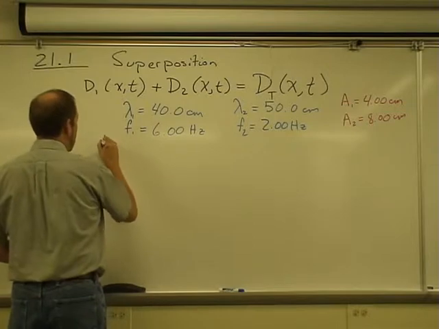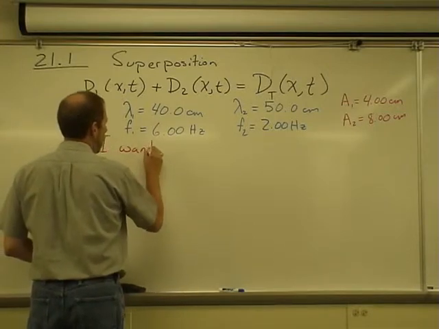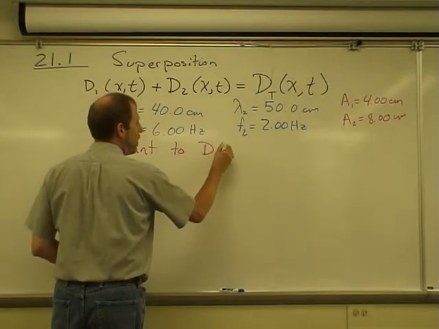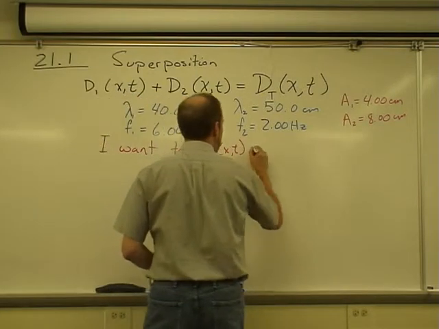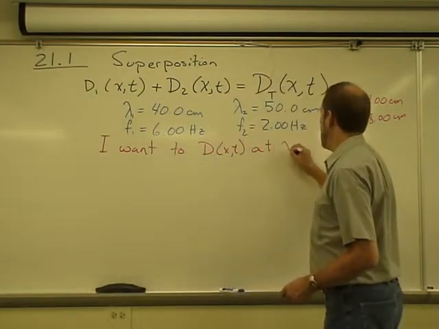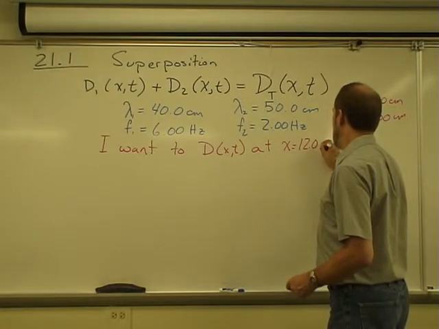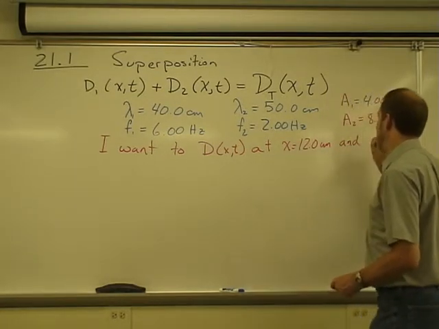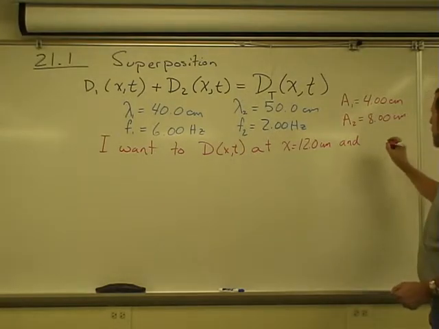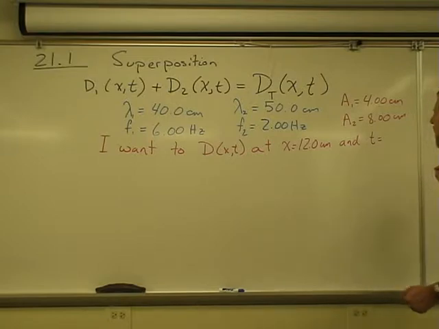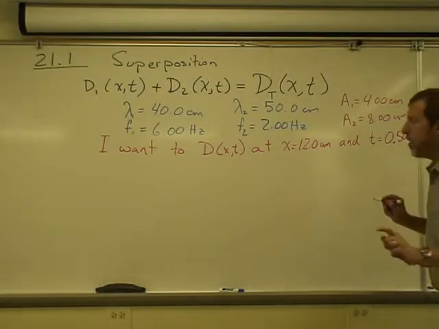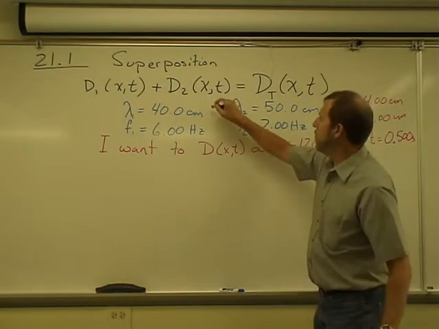Suppose I want to know the displacement at x is equal to 12 centimeters and t is equal to 0.5 seconds. Notice throughout everything I've used here